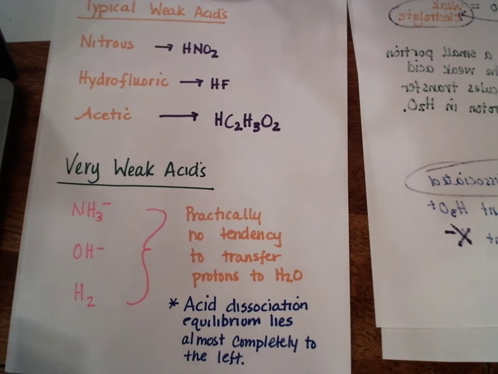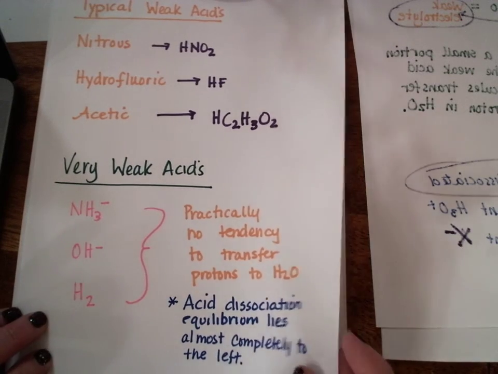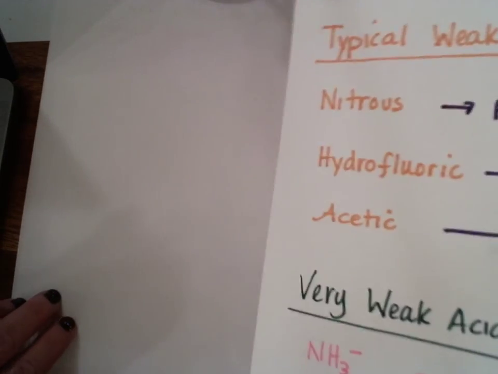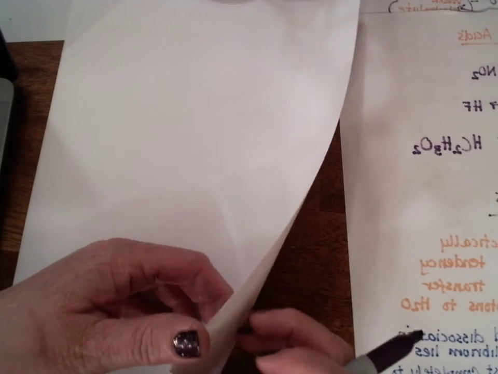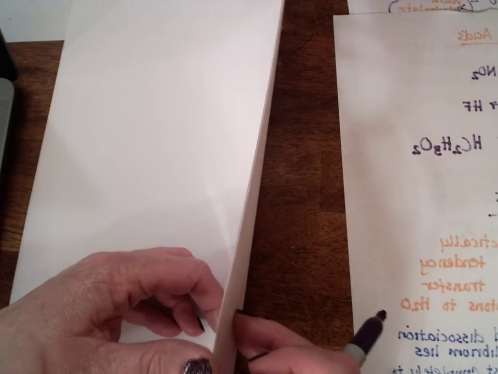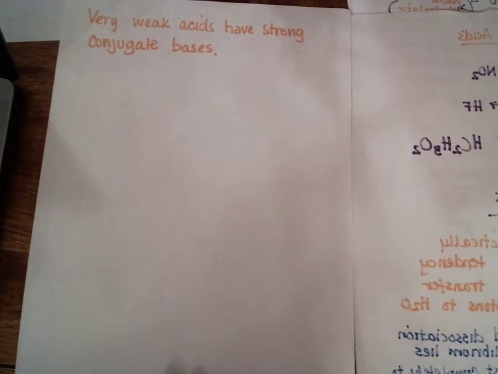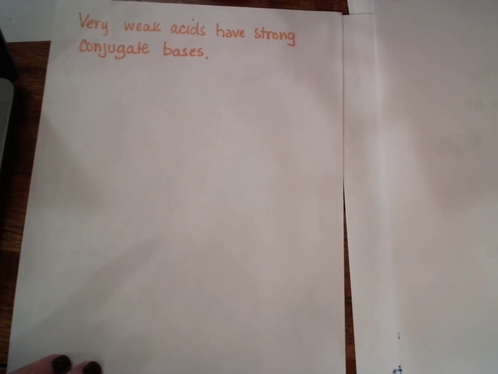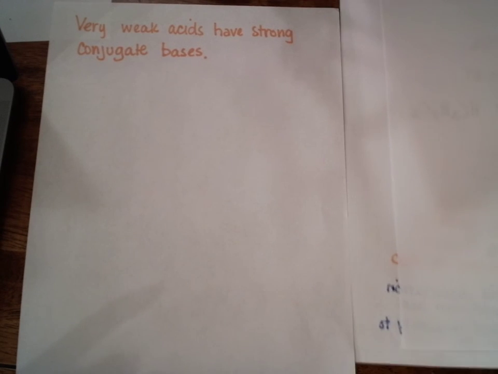It doesn't really dissociate at all. Versus a strong acid, which dissociates and moves equilibrium towards the right of the equation. If I have very weak acids, then I'm going to have some strong conjugate bases, and that's what we're going to start with